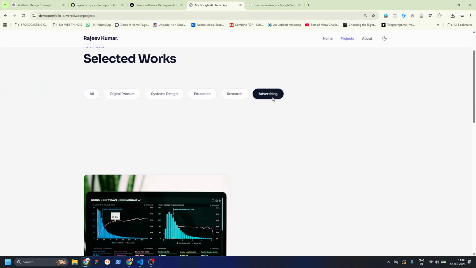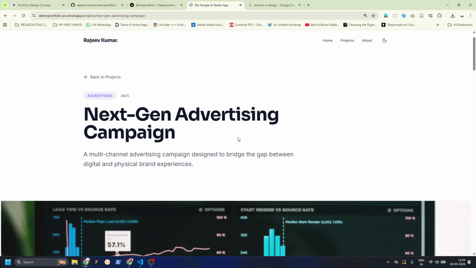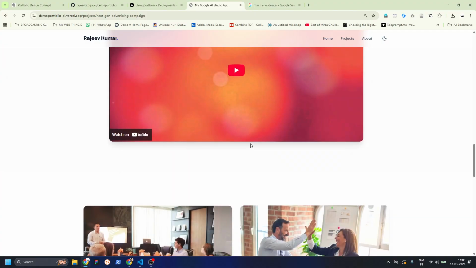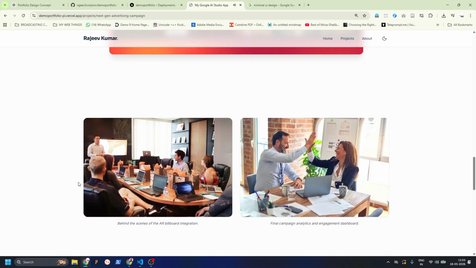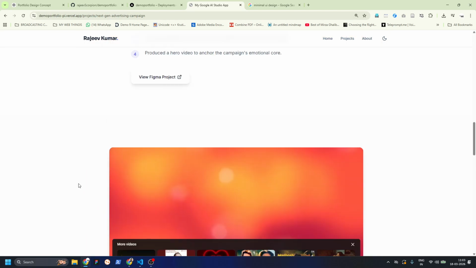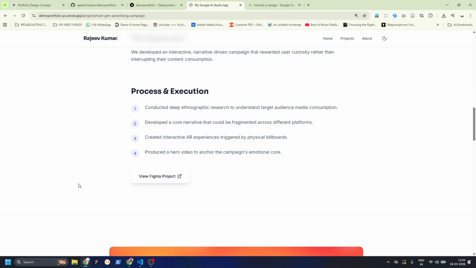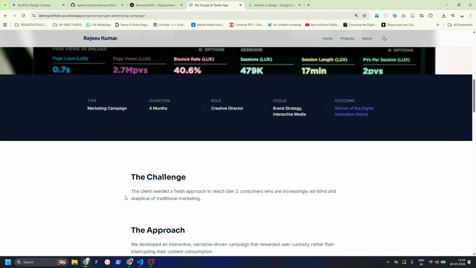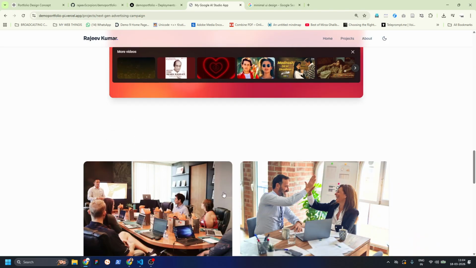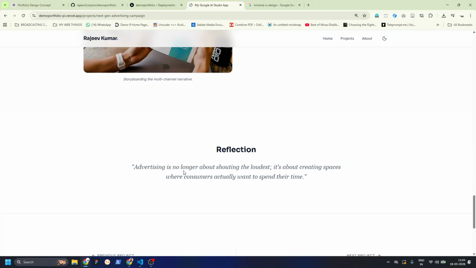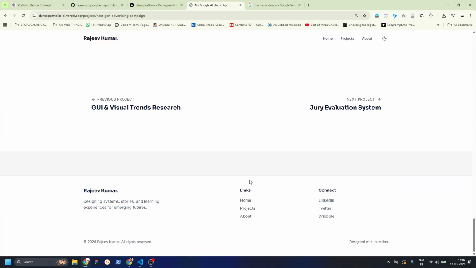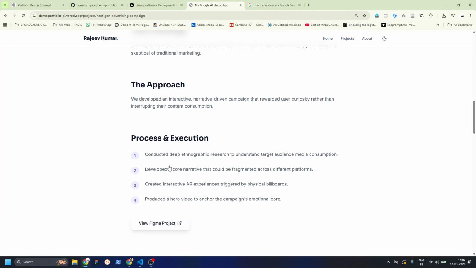So let me check. Go to the project and advertising. Remember, let me see if it added a YouTube video or not. There is your YouTube video, runs properly. So you can think of your project which you have just finished can be presented in this way. A before and after video side by side along with the process images which people can click and then check, right? Your reflection, next previous image. Okay,